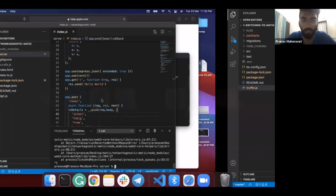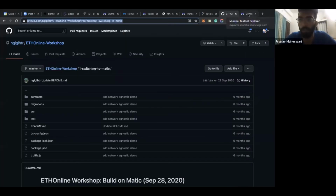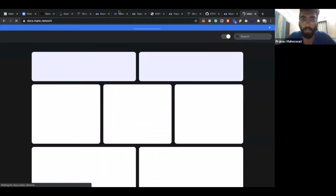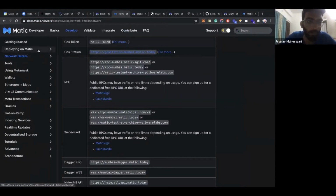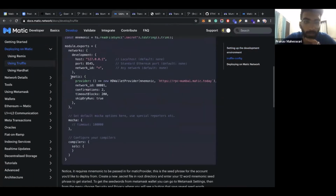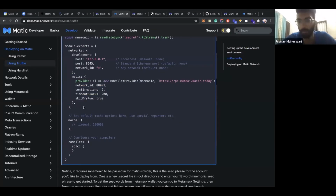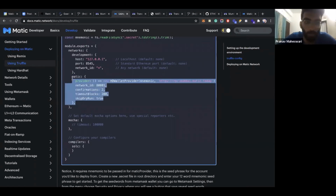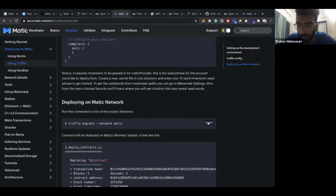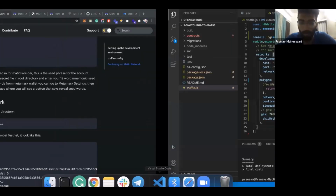By the way, you can find this particular code, these 5 to 6 lines of code, over here. Just go to docs.matic. Here we have deployment using Truffle, and this is the code. This is all that is required to be added, and you'll be good to go. These 6 lines of code. Okay, so that's all. I have to copy this and come over here